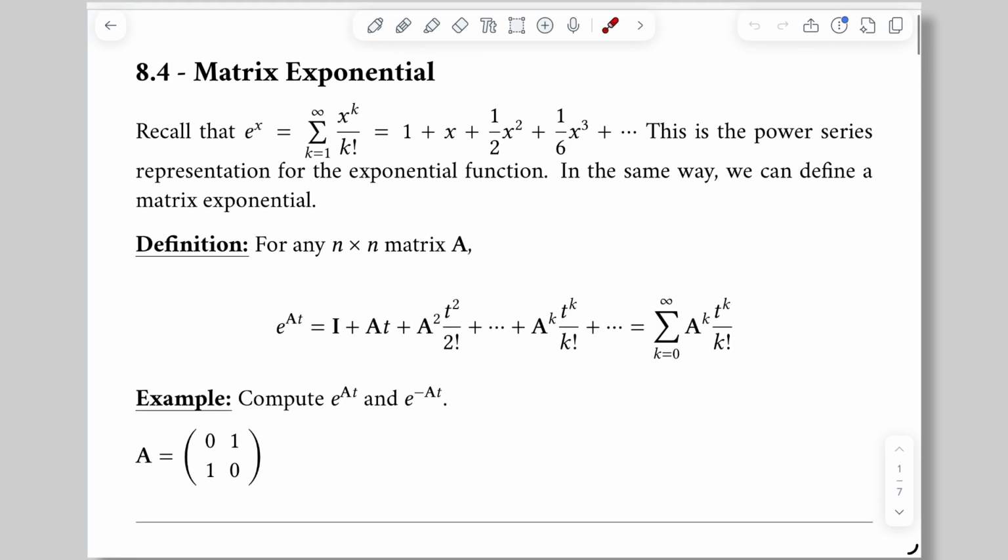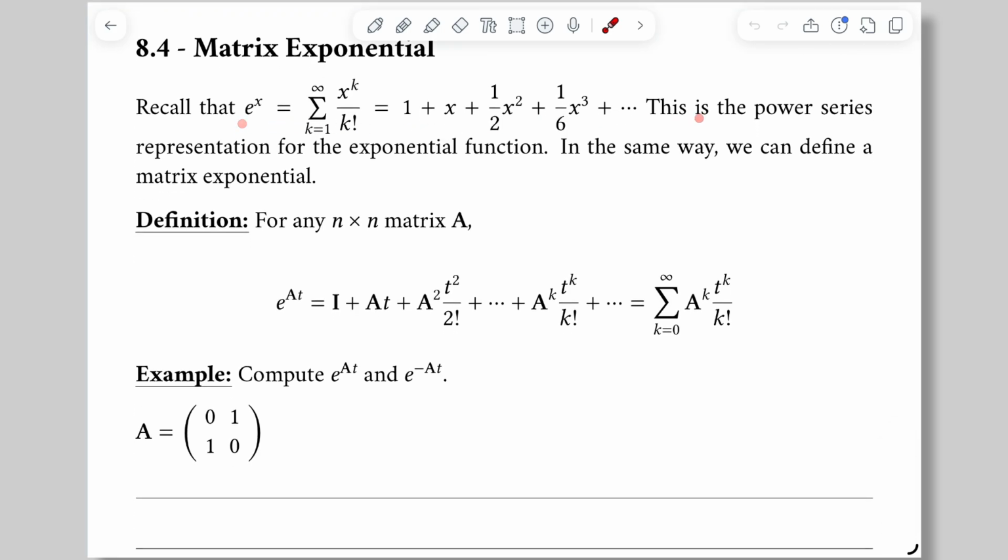In the same way that we can represent the exponential function e to the x as a power series, we can represent e to the At as a power series where A is an n by n matrix. The power series expansion for e to the x is 1 plus x plus 1/2 x squared plus 1 over 3 factorial x cubed and so on. And the way we find the matrix exponential, that's what this is called, is e to the At is the identity matrix plus At plus A squared t squared over 2 factorial plus A cubed t cubed over 3 factorial